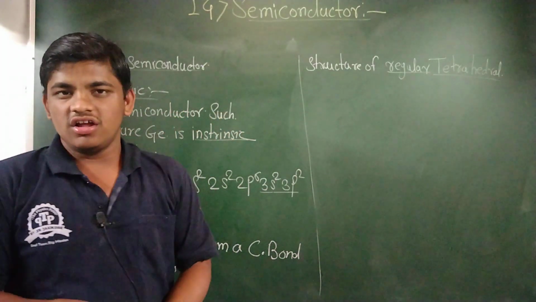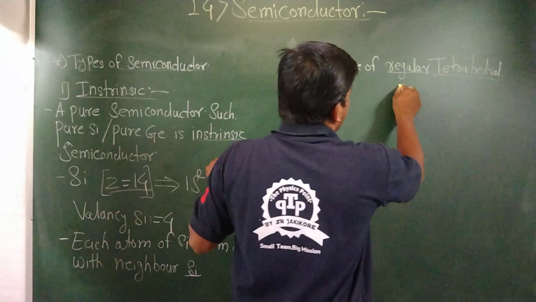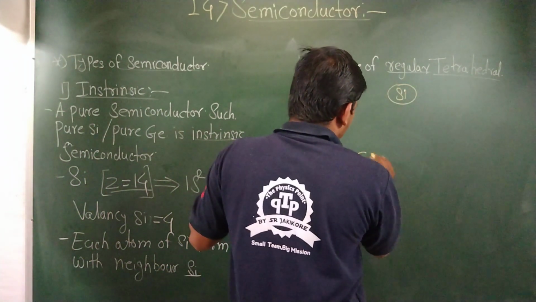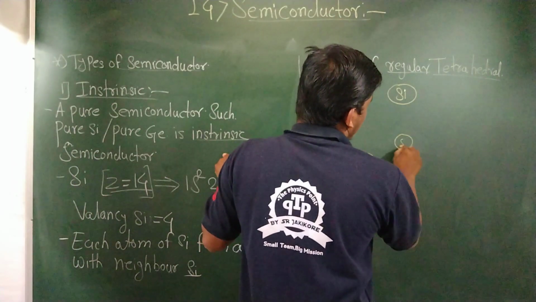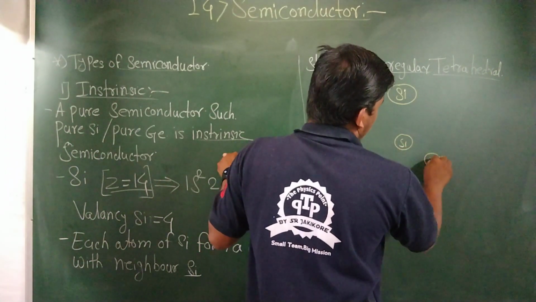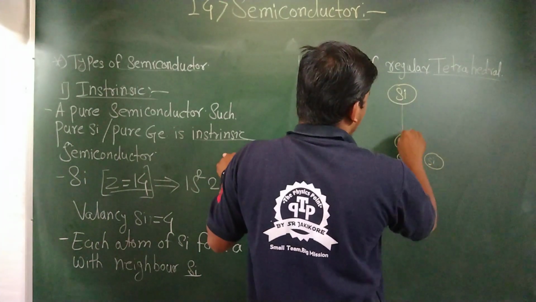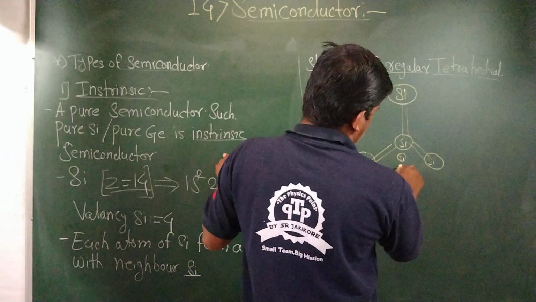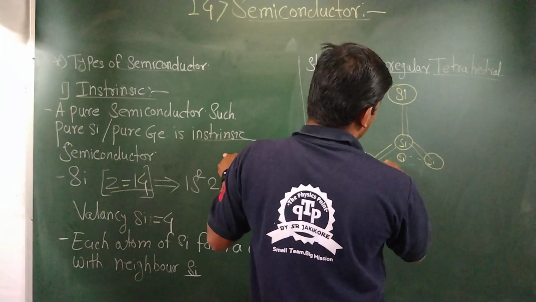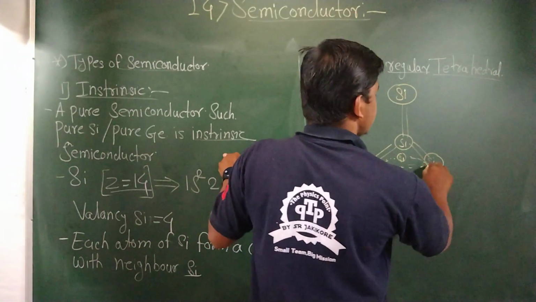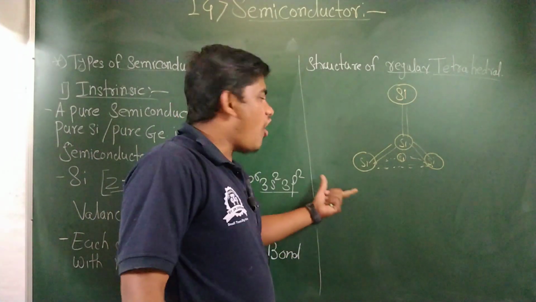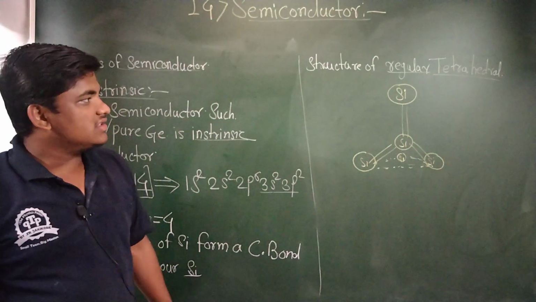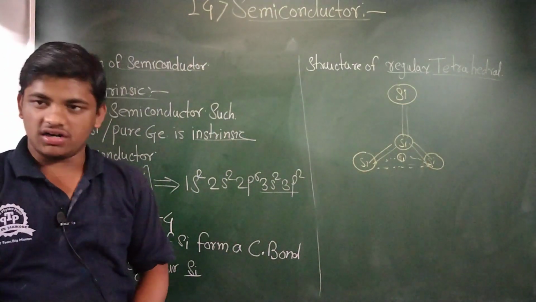Then let's draw one diagram, that is a regular tetrahedral, that is a silicon, and this one is the silicon atom. This is also silicon, this one is a silicon. This is the regular tetrahedral structure of that atoms. It's called pure silicon semiconductor at